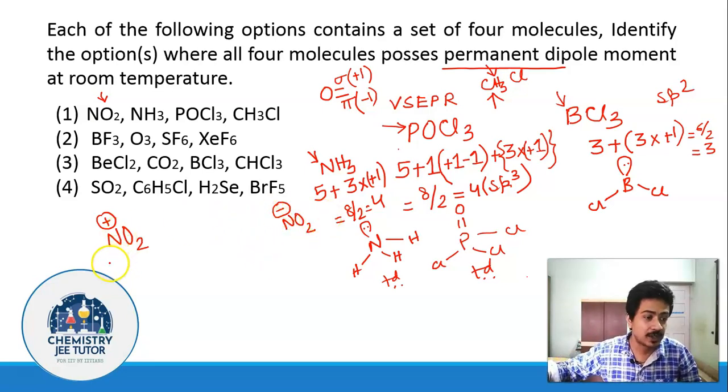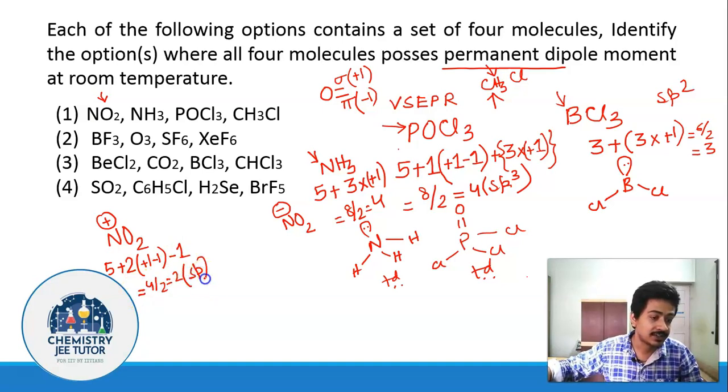If we now start counting the electrons, nitrogen contributes 5, there are 2 oxygens, so we are writing 2 here, plus 1 for the sigma bond, minus 1 for the pi bond. We have to account for this plus charge, we need to do minus 1 here. So we end up with 4, 4 by 2 is 2, that is sp. That is planar. We are going to get a structure somewhat like this.